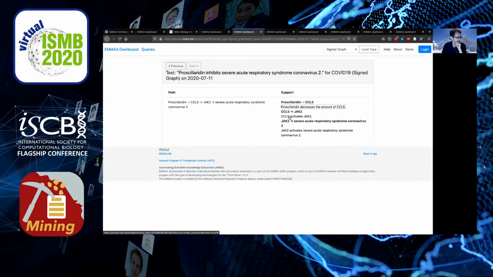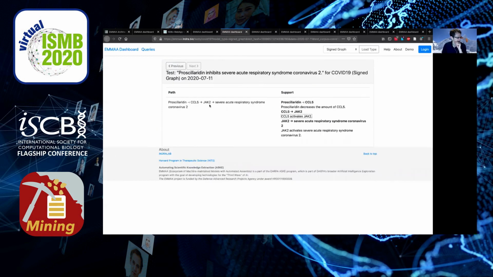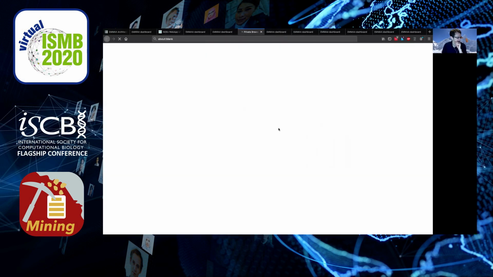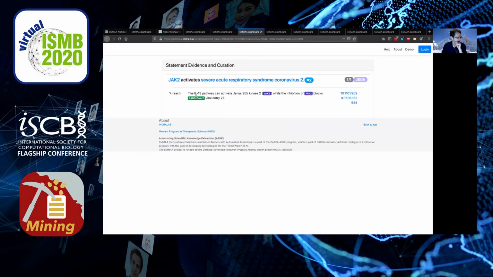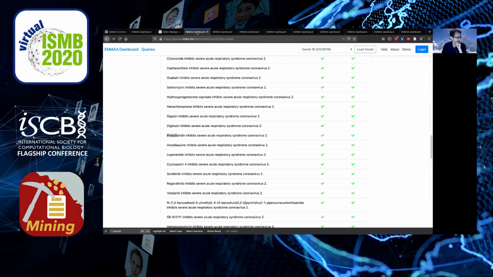And then the link between CCL5 and JAK2, we can see here that there's evidence for that from text mining. And then finally, the link between JAK2 and SARS-2, we can see here that inhibition of JAK2 blocks SARS-CoV-2 viral entry. So the idea here is that this path is saying that proscillaridin overall is inhibiting JAK2, which would inhibit viral entry. So those are some